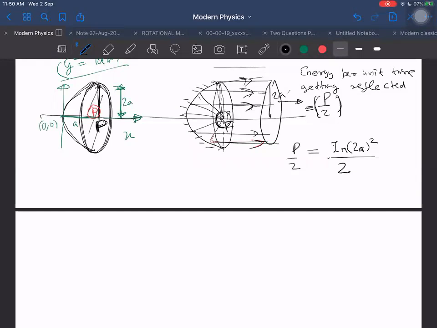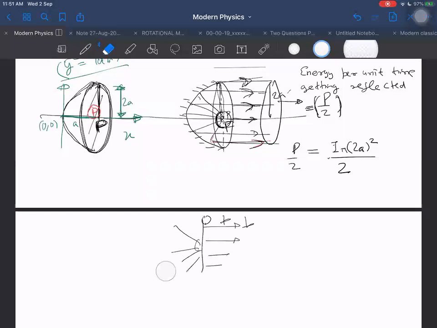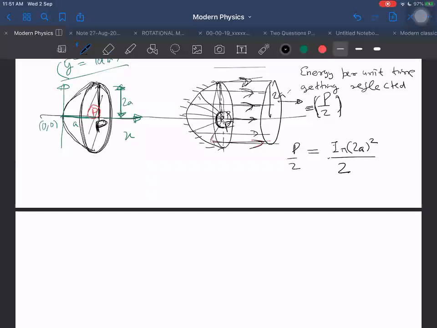Force. Now we will see. What force do we need? If I have to give the momentum to them, or I have to provide them the intensity I in this direction, what is the force required? Assume that the photons were initially at rest. Obviously, it is a completely hypothetical scenario, but we can think that way also. We will assume first what is the change in momentum while they are going this side, then what is the change in momentum while they are coming this side. So I can think as if from 0 to momentum P they are gaining. What is the momentum which they are obtaining? 0 to P, let us say.